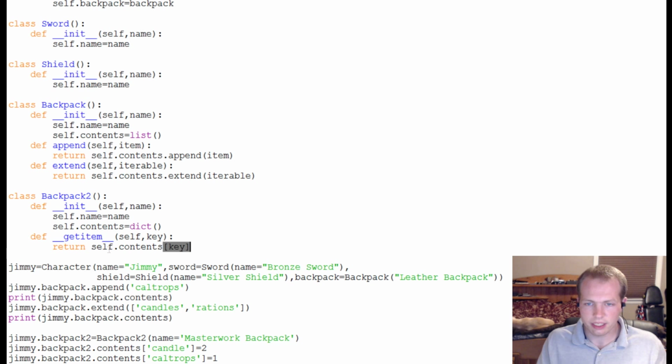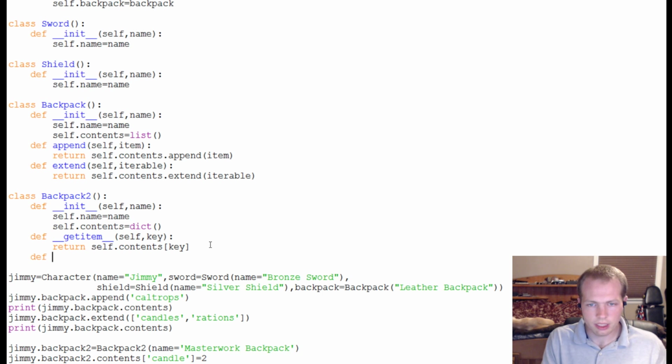Self.contents key. Again, in self.contents, that key gets replaced with, for example, candle. So candle comes in here, and then it just works on the dictionary like normal. Similarly, we'll go ahead and do a set item. Again, notice the double underscores. These are specialized functions that are really important and you shouldn't really be overriding unless you're implementing this kind of thing. Self, key,